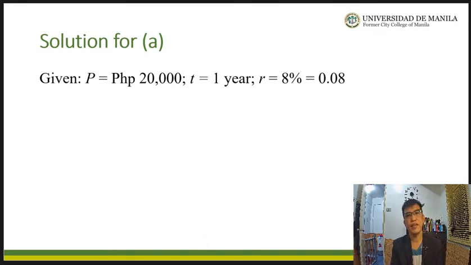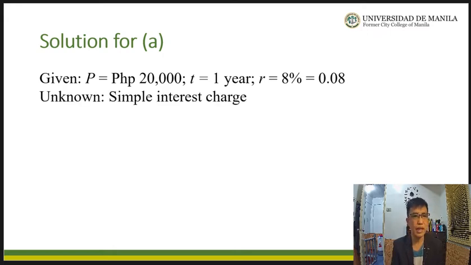first, let's determine all the given. Let's define all the given. So from the given problem, we know that the principal is 20,000 pesos. And for the time, because it's the first year, then 1 year, and the rate per annum is 8%. And we convert it in decimal form, which is 0.08. And what we are asked to find is the simple interest charge for